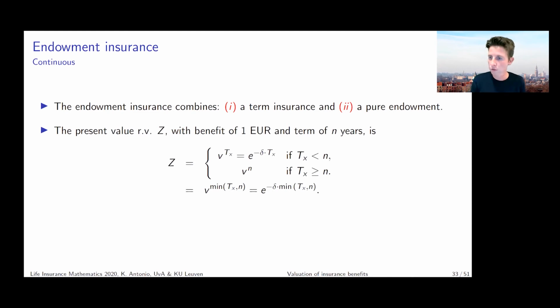For those who speak Dutch, in Dutch, you would refer to this product as een gemengde verzekering, because it's a mixed type insurance. It's both a term insurance in case of death and a benefit that you pay in